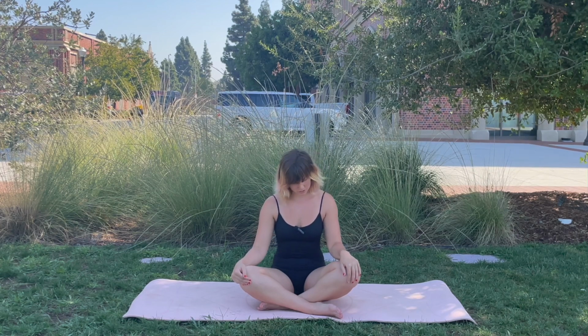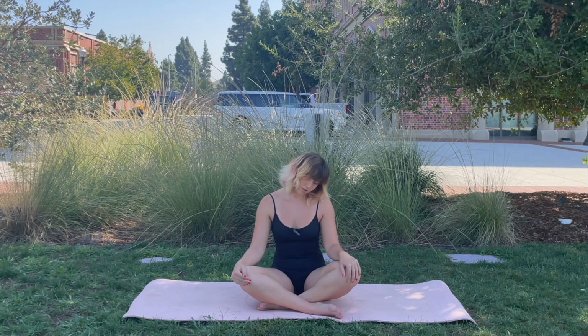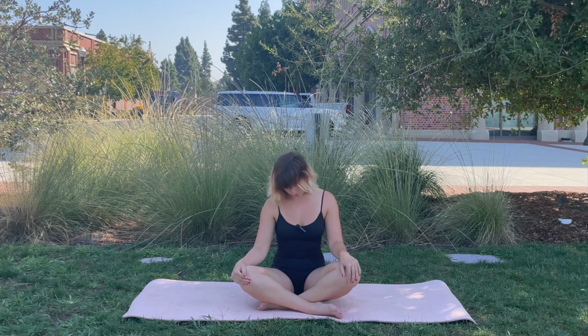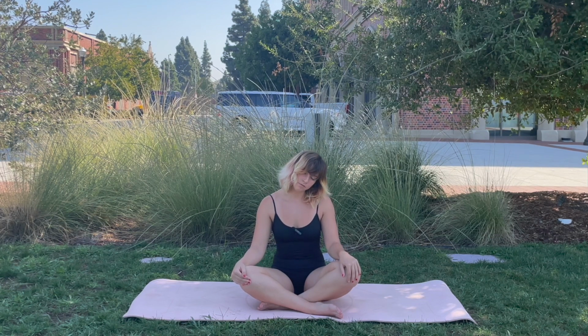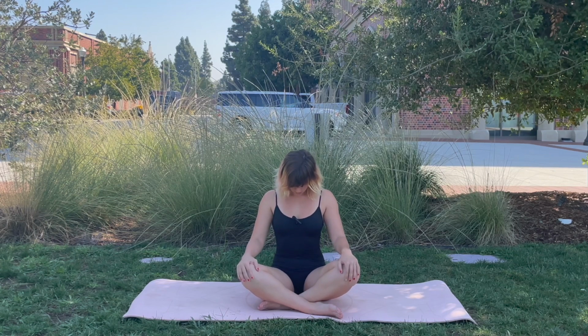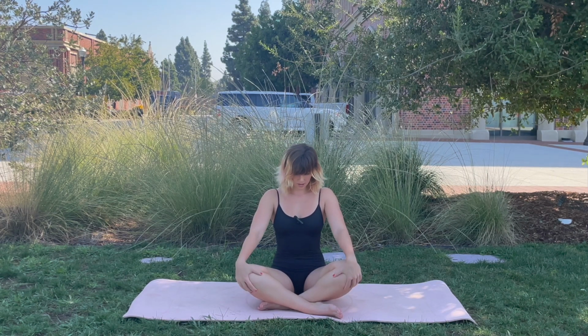Bring a little love into this practice. You can get faster, you can get slower. Just move with the rhythm of your own breath. And finally, find stillness. Tuck the chin, elongate the back, stretch up, grab the knees with the palms, the hands,